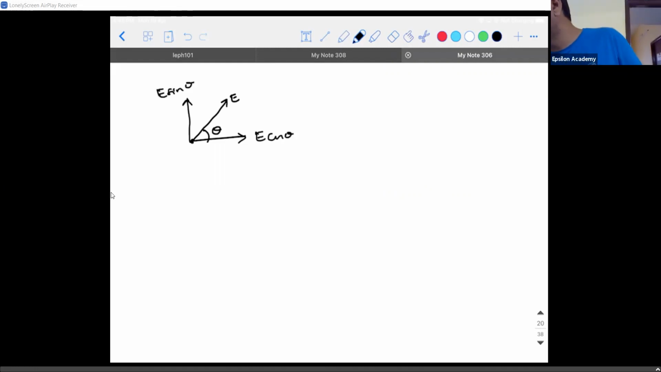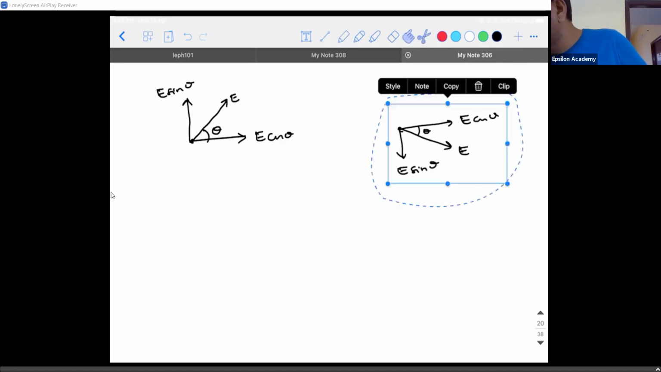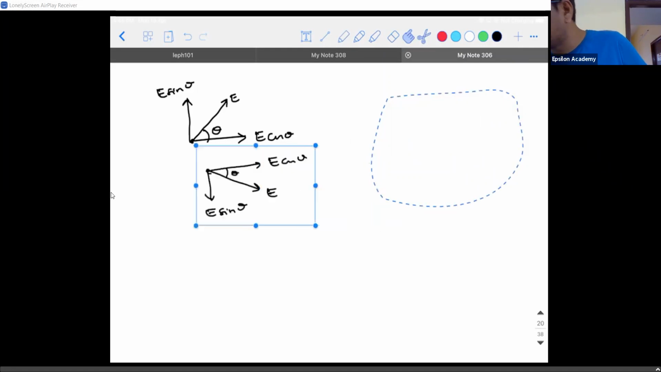What are they? E cos theta, and cos theta is along x-axis, sin theta is along y-axis. Similarly, E2P is in this direction. So this is E, then it can be resolved into two components. This is E cos theta and E sin theta. Now, if I take this whole thing and place it here,